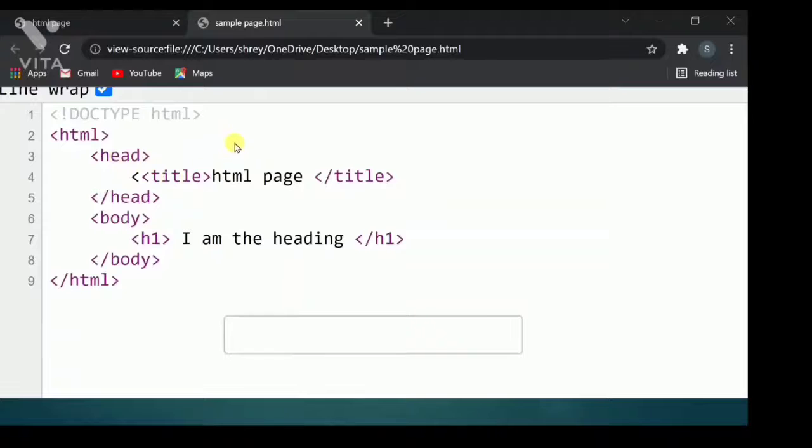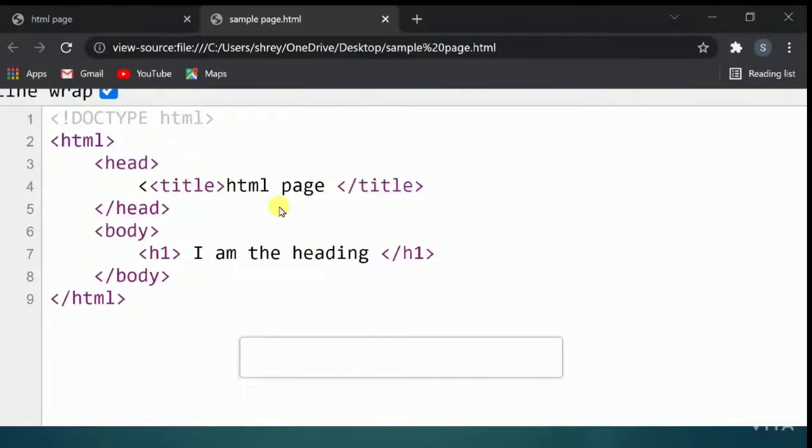So let's see a small program over here. This HTML, this head, this title, body, these all are called tags. If we see, we are having an opening tag here and a closing tag here. This HTML is an opening tag. This HTML with a slash is a closing tag. And in the same way, head is an opening tag, and head with a slash is a closing tag. And we write our content in between the opening tag and the closing tag. And body is getting closed here. This is closing of the body. And everything which is shown on the web page is written inside the body.